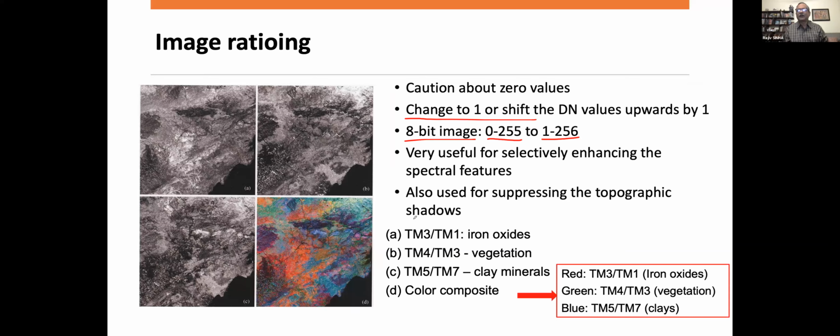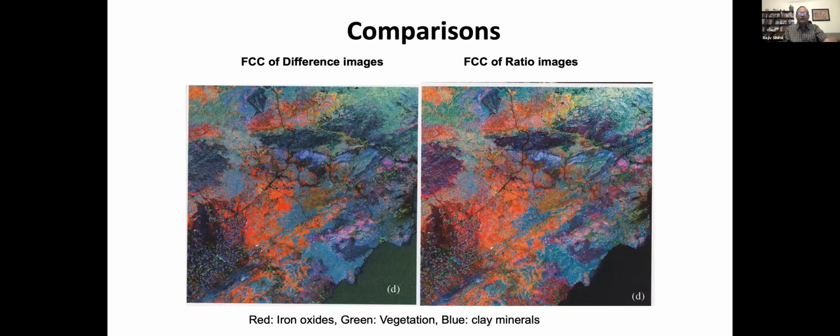As I said, you can combine the different ratio images into a single color composite to get the integrated information out of that as well. Okay. There are some comparisons. For example, this is an FCC of the difference image, and this is an FCC of the ratio image as well. So you can see that certain features are looking better here, and certain features are looking better